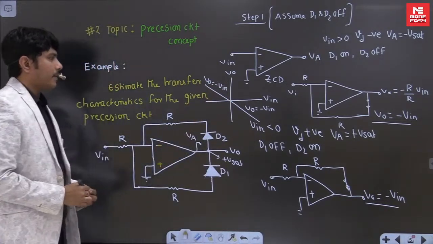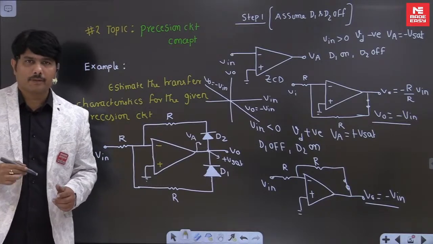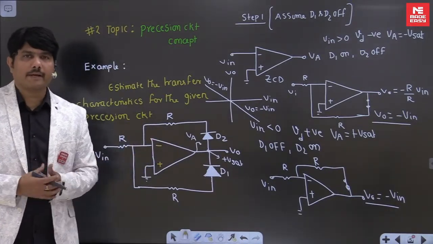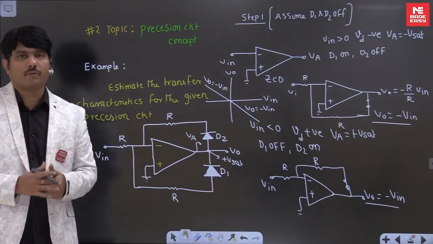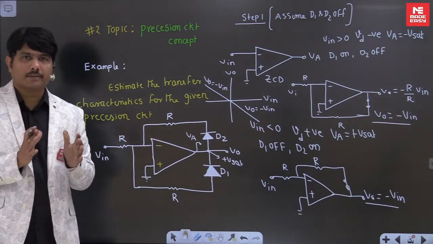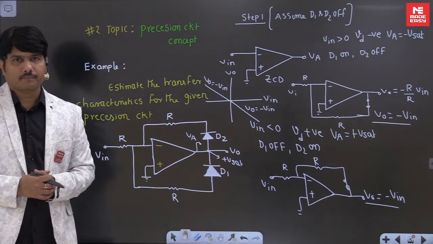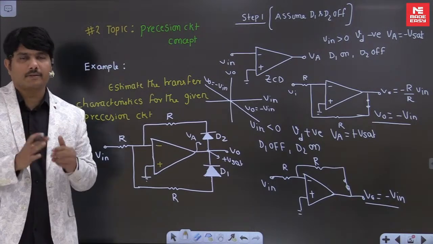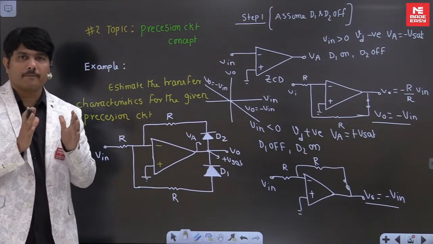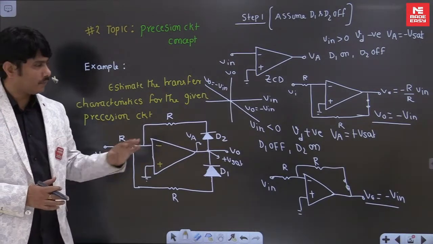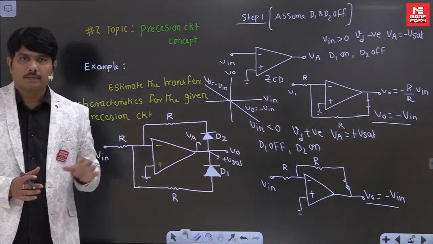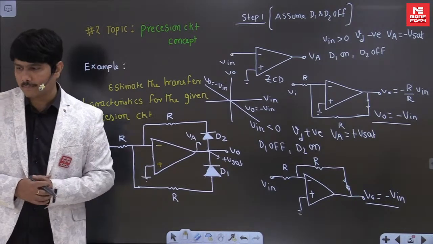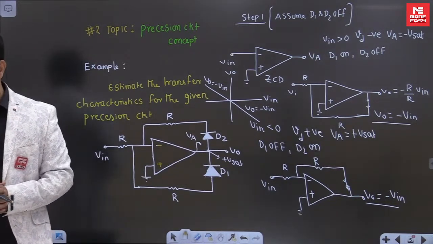Can you see the transfer characteristic for this circuit? Maybe tomorrow the examiner may change these diode positions. He can play whatever game he wants. But we should have a good concept. That concept will make the student easily able to do the problems. See, in hardly 1 or 2 steps I am completing the questions. So you have to keep this basics in mind when you're doing this type of precision circuit analysis. So we don't need more examples. Whoever understood this example, you do every question like this. You'll get the concept behind this. Okay. So I'm expecting,